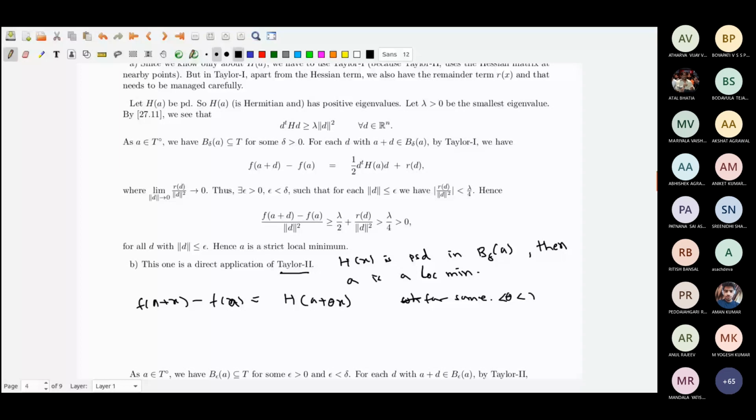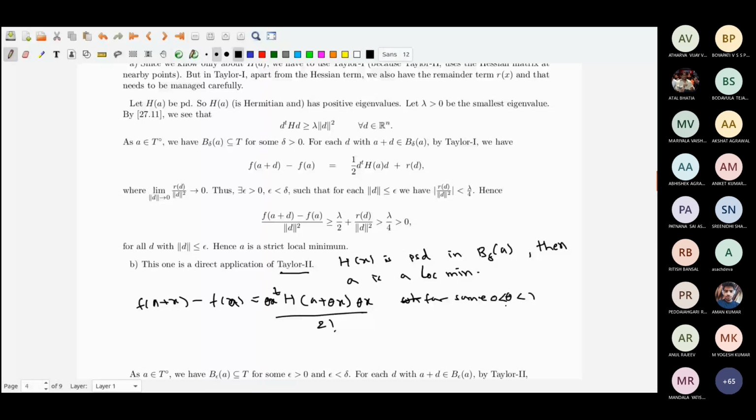Okay, this is the remainder term included, that theta X is for that. And because you already know that it is not just H A plus theta X, you will have this also, theta X transpose theta X by 2, this one. And because you already know that theta is between 0 and 1, it's a positive number,